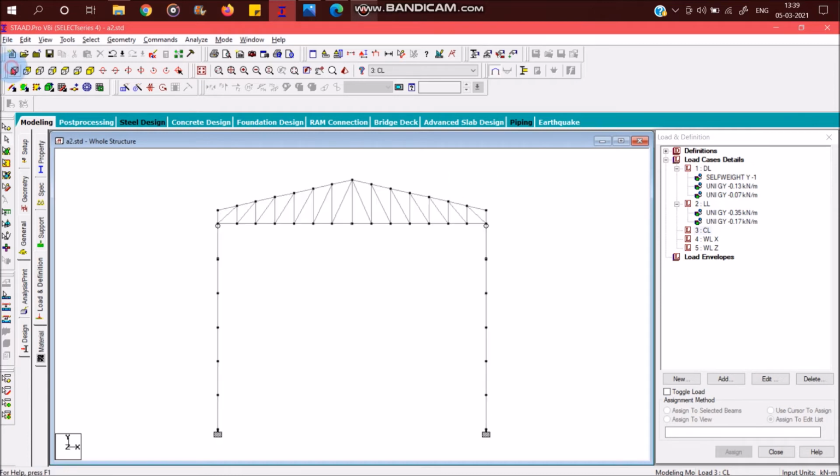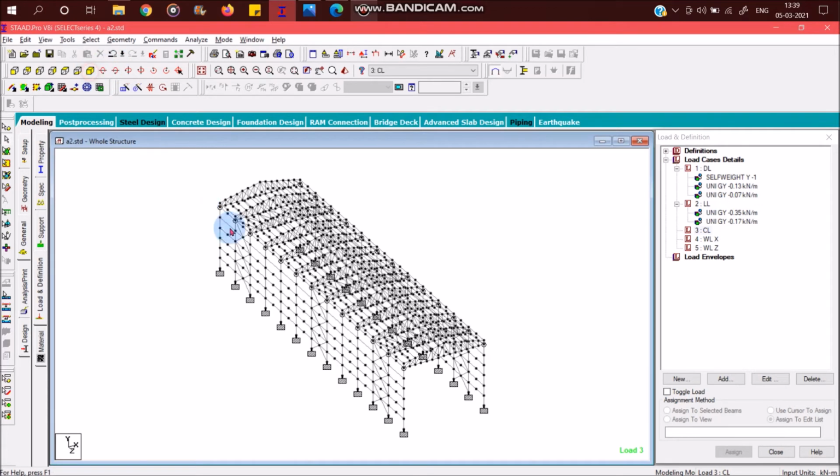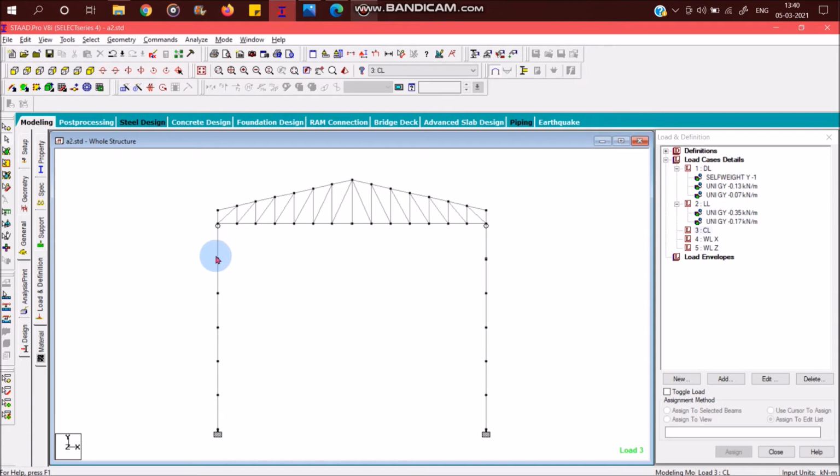If we look at my crane girder, it will be at this point, right? At this point it will be running throughout this length, and it will also be running throughout this length. It will be able to move. So if I select one point here, let me say at this point my crane will be acting. I have a gantry that is running here, the crane girder, and then I have the gantry girder, etc.